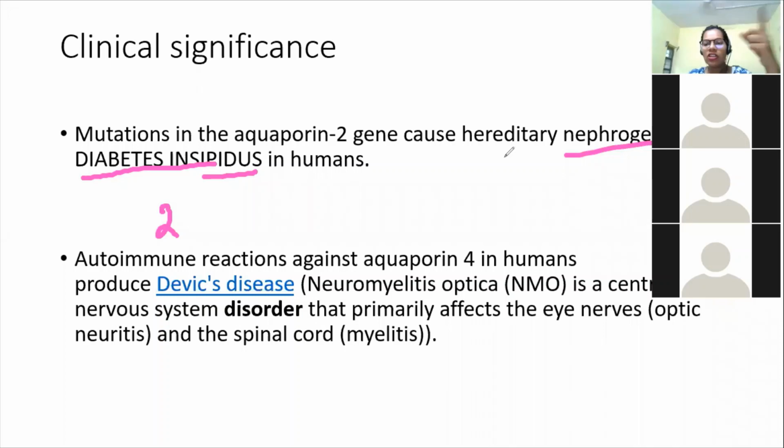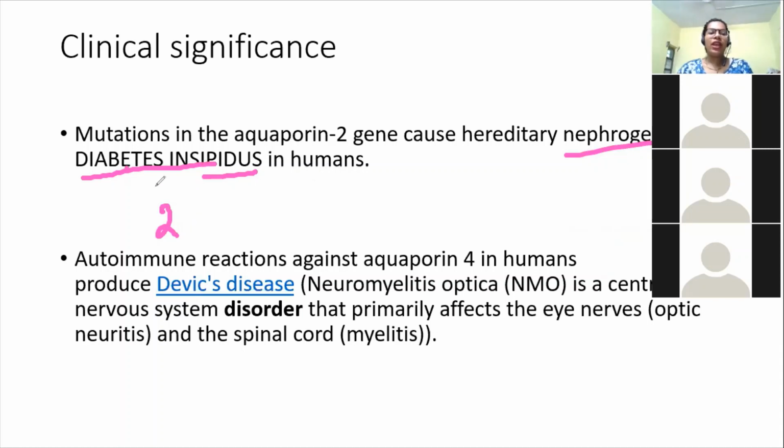Okay, so this is your today's assignment: to find the difference between these 2 types of diabetes, mellitus and insipidus. These are very common nowadays. Everyone is getting diabetes. You should know which kind of diabetes people are getting. So this is today's assignment, that we are going to talk about diabetes mellitus and insipidus.